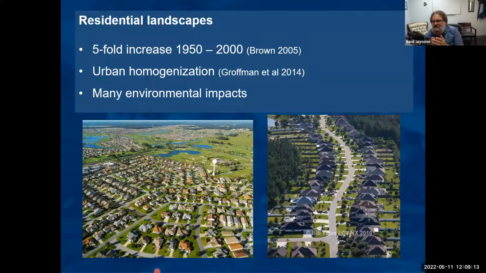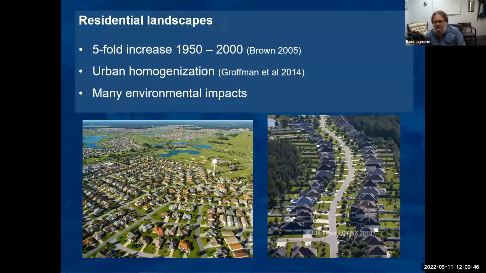In the United States, urbanization is really happening in the form of residential land development. There's been a 5-fold increase just between 1950 and 2000 in these sorts of land types. And they're very similar. On the left here, this is the Villages in Florida, one of the fastest growing communities in the United States. And over here on the right, I don't know where this is, but I put that in there for that reason. You can see these pine trees. Most likely it's not Florida, but look how strikingly similar these 2 environments are to each other.